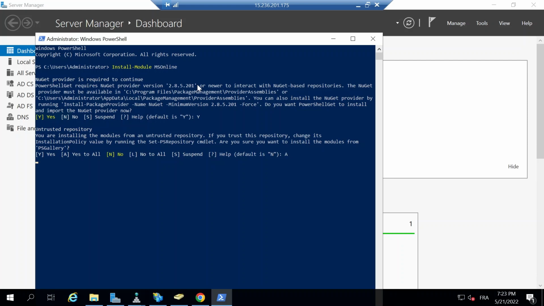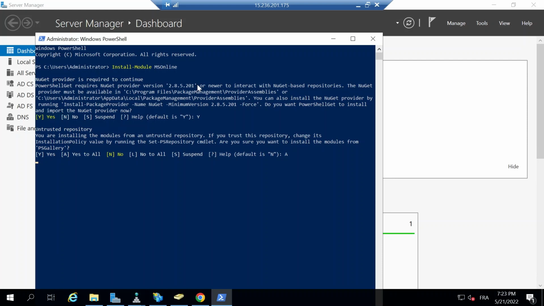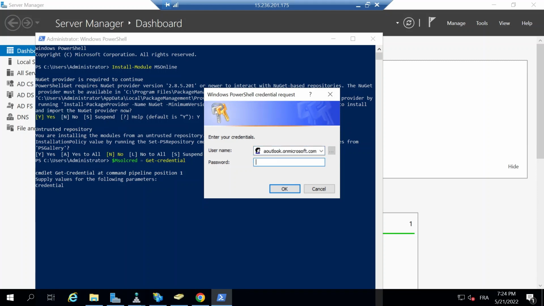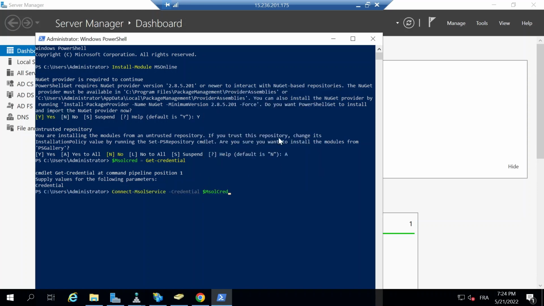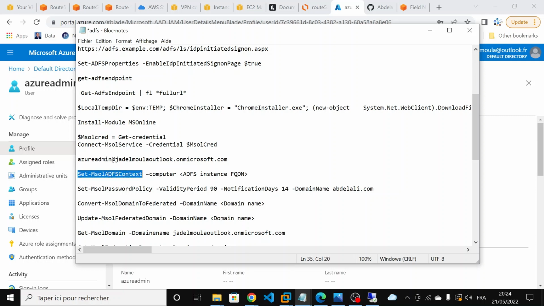Click on A. So it is installed now. Let me copy and paste this here, and it asks me for the credentials, so we'll paste that here and then provide the password, then click on enter. So the login succeeded,